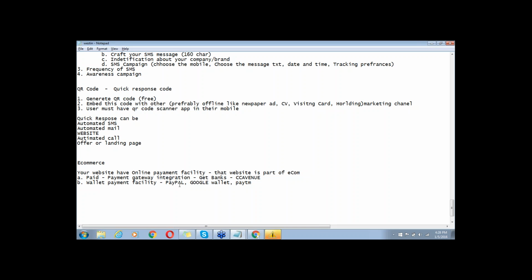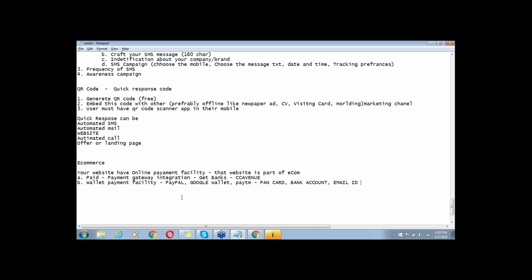So there are two payment facilities, you can use any of them, and it's a little bit easier. And for this wallet facility you need only, let's suppose, your PAN card. You must have your PAN card, you must have a bank account and an email ID. If you have these three things, you can get started.